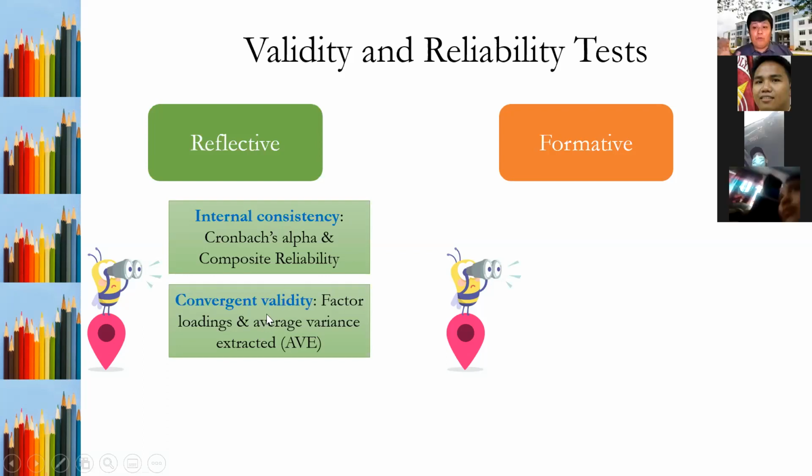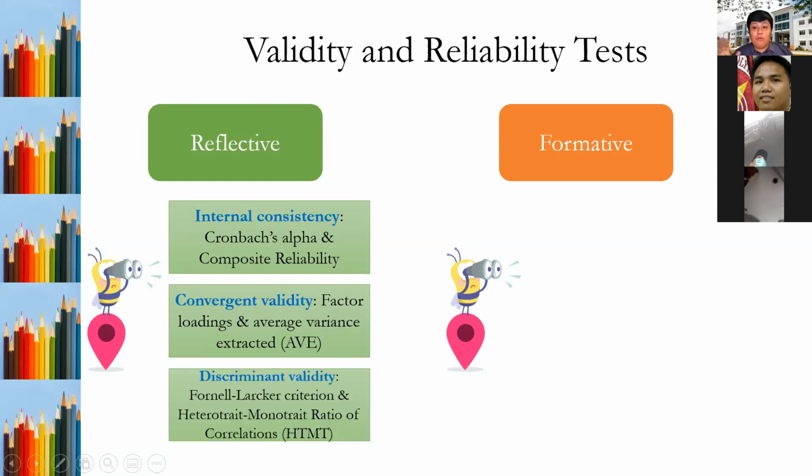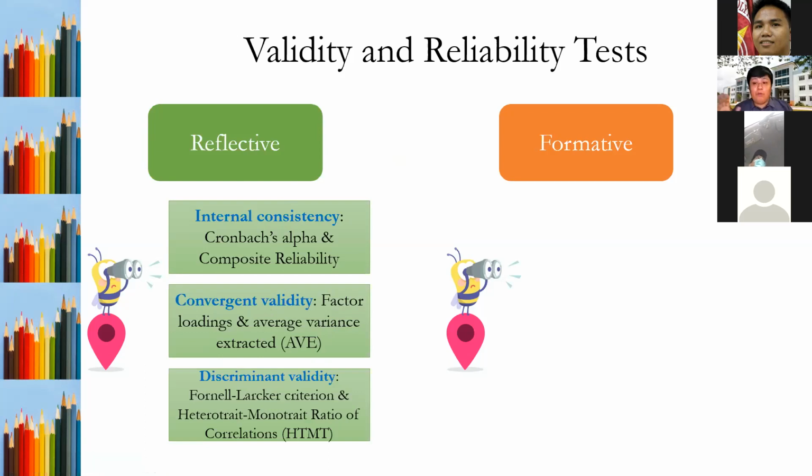So how do you measure convergent validity? Of course, this is a statistical technique in measuring validity, wherein you will be assessing the factor loading or the item loading or the indicator loading and average variance extracted. These are just jargons. And of course, number three, in a reflective construct, you need to measure discriminant validity. In discriminant validity, you can use Fornell-Larcker criterion, I think one of the oldest statistical techniques in measuring discriminant validity,